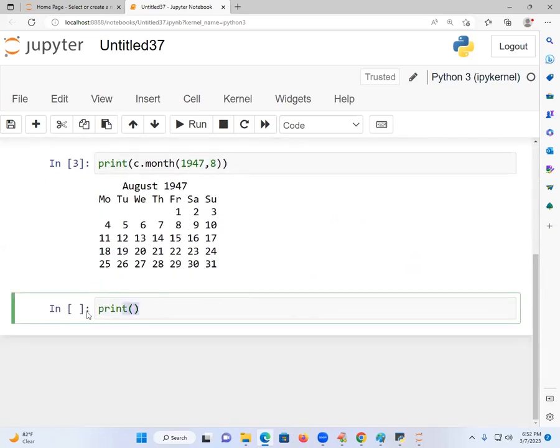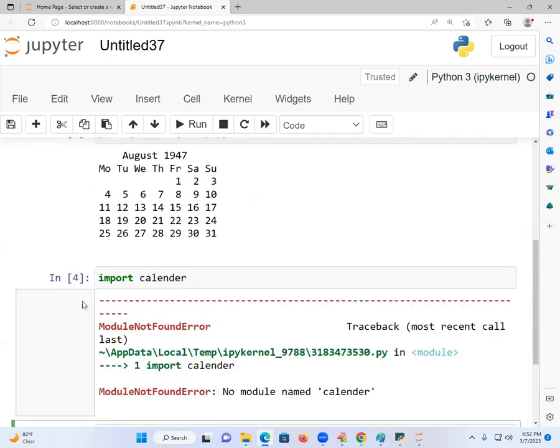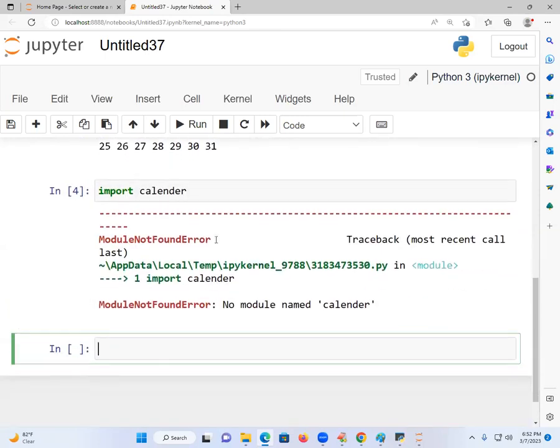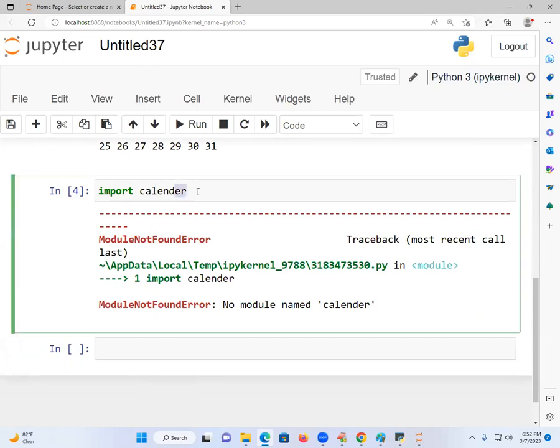What is happening? You try to write like this. Import, I am writing what? Calendar, you say. You are getting an error. Module not found error. Getting an error is important. How effectively you write the coding without getting errors, that is called talent. Understanding? Spellings are also important. That's why we must write what? Now I am writing print of c dot calendar of 2023, the complete calendar I want.